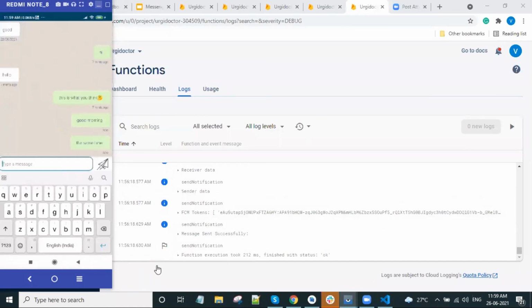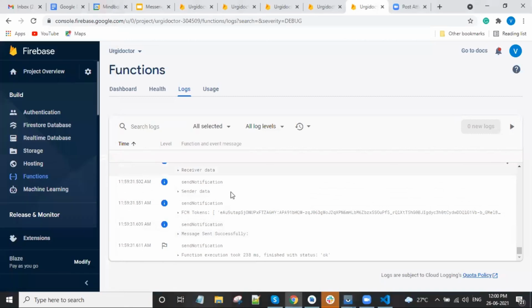The log will update, just wait for a minute. Yeah, here you can see that the data is getting updated. 11:59. This is the receiver data, and this is the sender data.